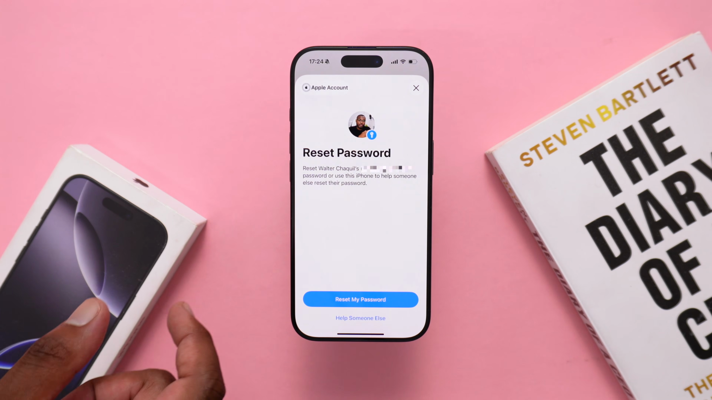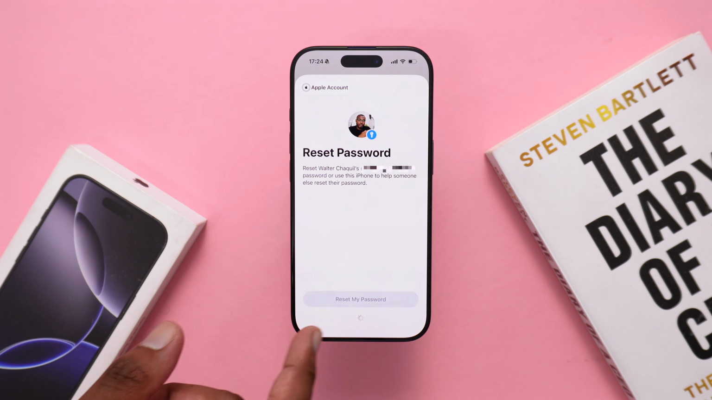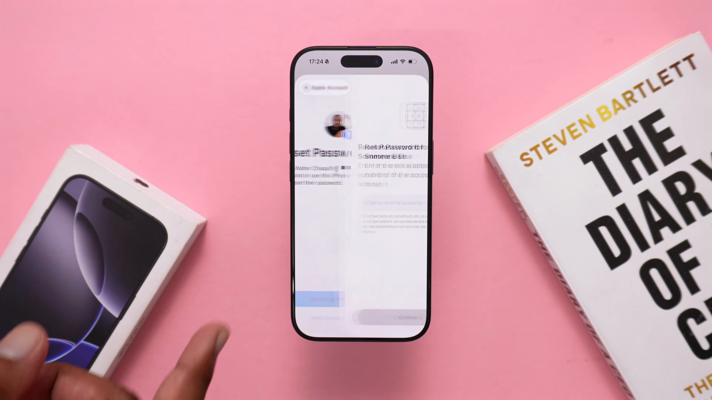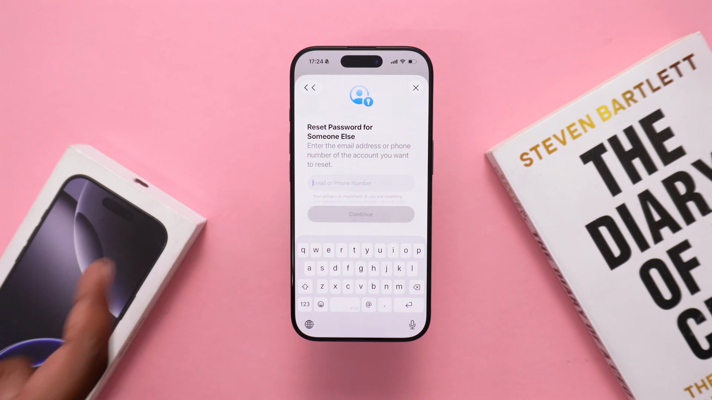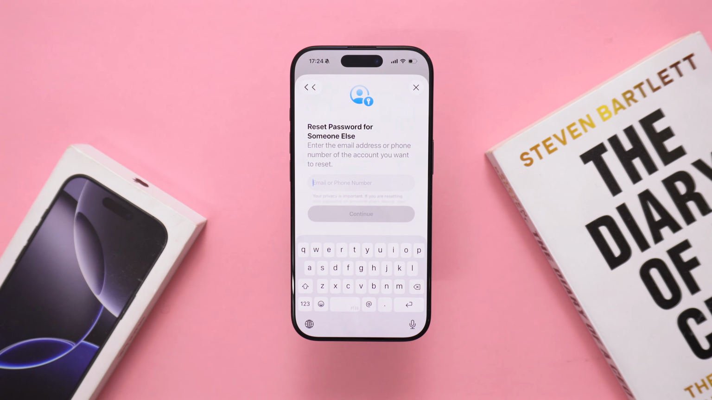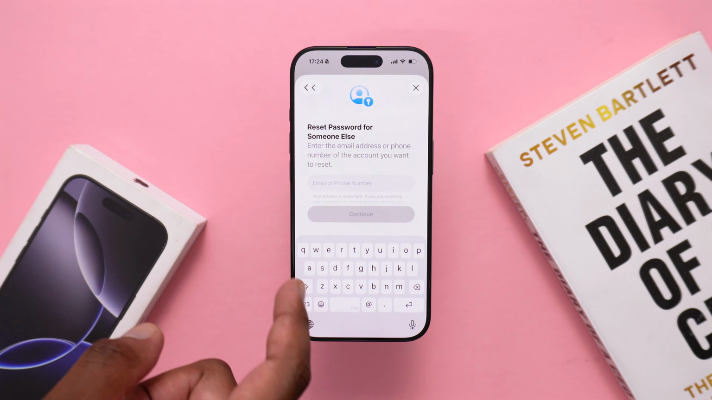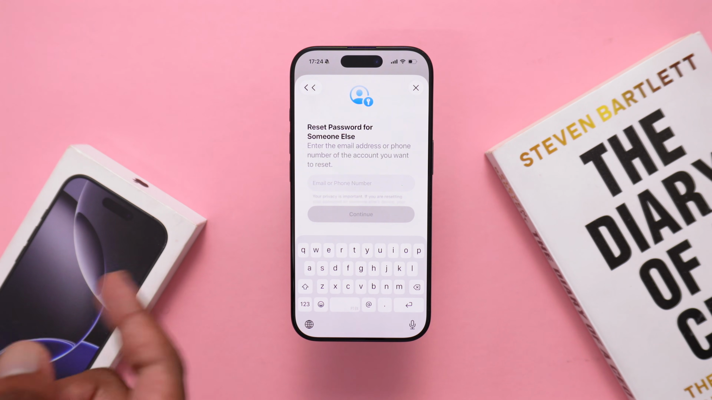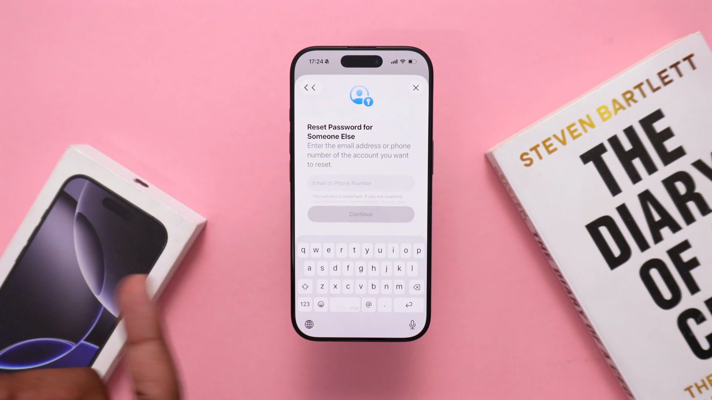Now, if the iCloud which you're trying to reset is not logged into this one, no problem, you can always go back and tap on help someone else, for example, and then it's going to ask you to type in that email address. So you need to type in the email address of the iCloud you are trying to unlock, and then you'll be able to see an option next, which will allow you to type in the phone number